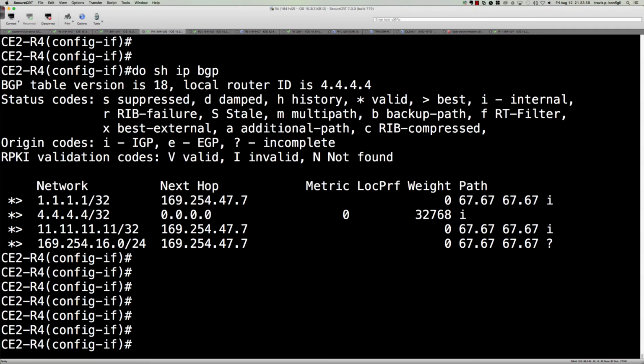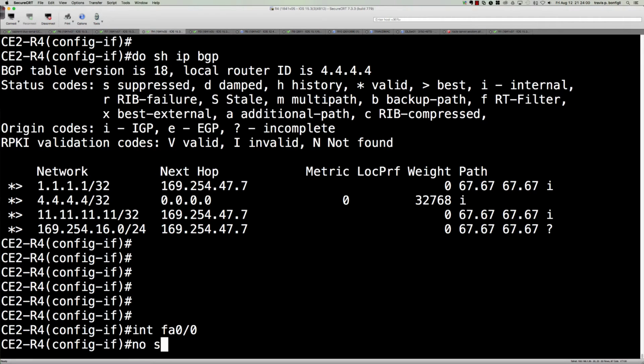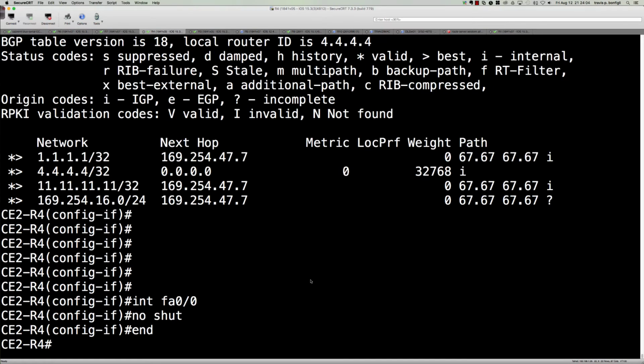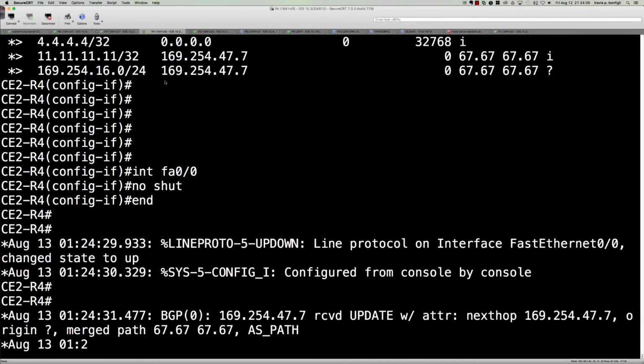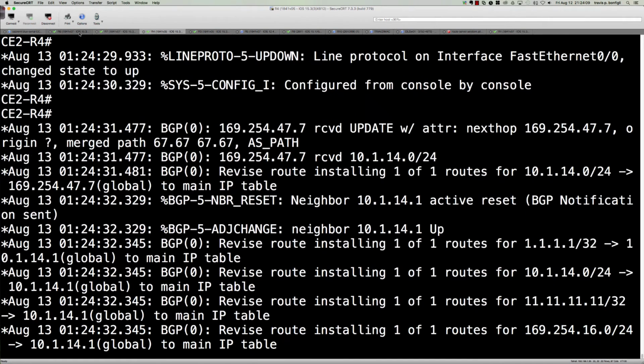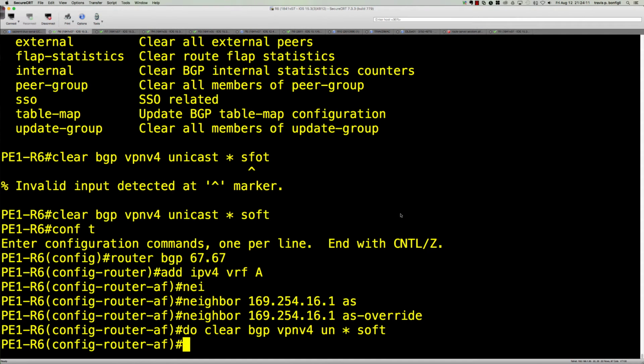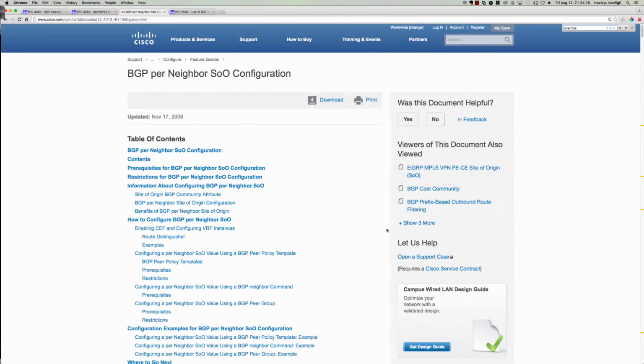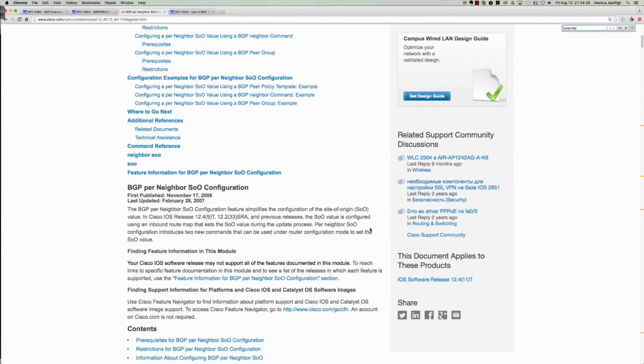So let's get into, I think we're here, interface FA0/0. We're going to say no shut. So we're bringing up that backdoor link right now, and while that's coming up, let's talk about the 3 different ways that you can actually set up the site of origin. So the first, which is a new feature, well, I shouldn't say totally new, but it's actually discussed, if you look here, talks about it in the